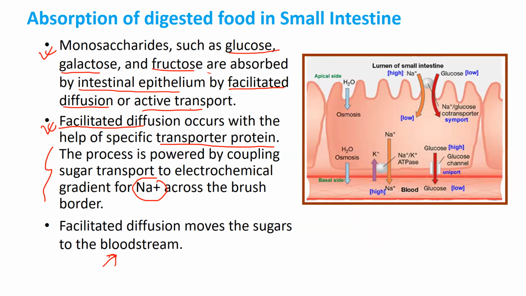सर, एक बात पूछूँ? सर, यहाँ पिक्चर में दिखाया है कि यूनिपोर्ट के माध्यम से ग्लूकोज बाहर आ रहा है ब्लड में फिर से। आपने बताया सिंपल डिफ्यूजन के हेल्प से वो बाहर आ रहा है, लेकिन सर यूनिपोर्ट तो फैसिलिटेटेड डिफ्यूजन का पार्ट है ना? हाँ, ठीक है। देखो, फैसिलिटेटेड डिफ्यूजन बोलो या सिंपल डिफ्यूजन बोलो, कॉन्सेप्ट क्या है? फ्लो फ्रॉम हायर कॉन्सेंट्रेशन टू लोअर कॉन्सेंट्रेशन, राइट? सो इफ इट इज अ यूनिपोर्ट, तो मेम्ब्रेन के अंदर चैनल होते हैं, और उसी चैनल से किसी चीज का ट्रांसपोर्ट होता है, राइट? यहाँ पे ग्लूकोज चैनल है, और ग्लूकोज चैनल से एक ही डायरेक्शन में जो ट्रांसपोर्ट हो रहा है, इसको हम यूनिपोर्ट बोलते हैं, ओके।